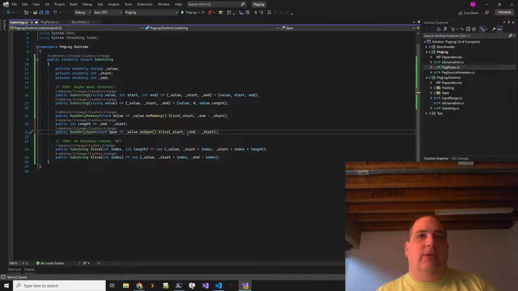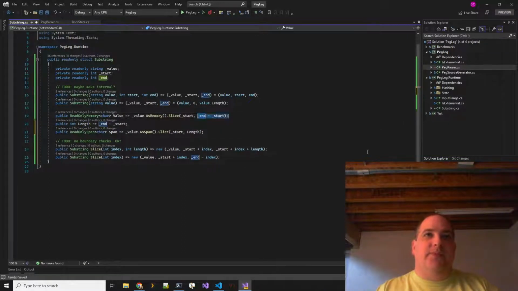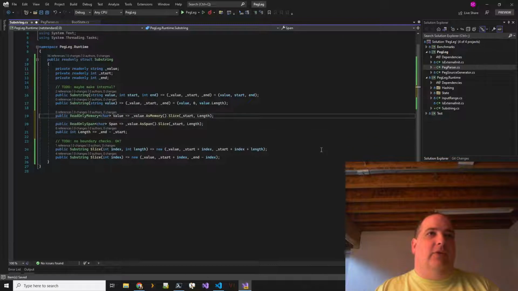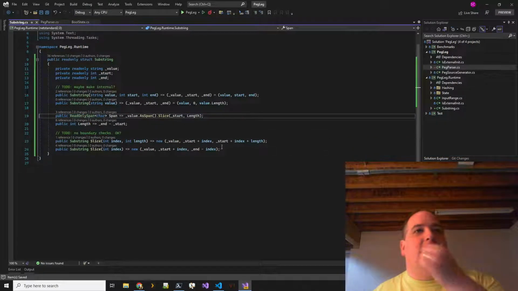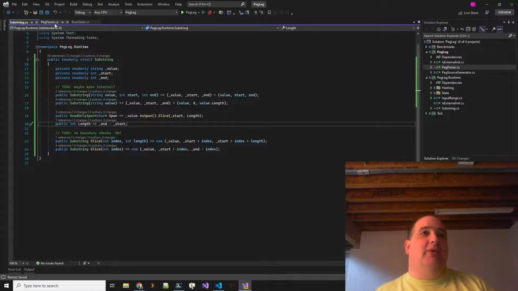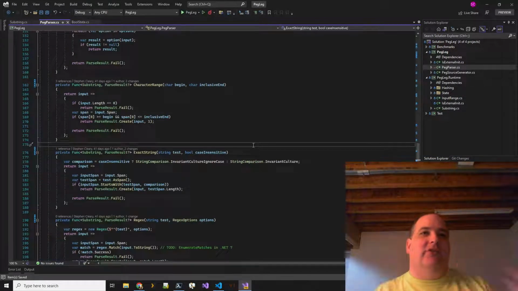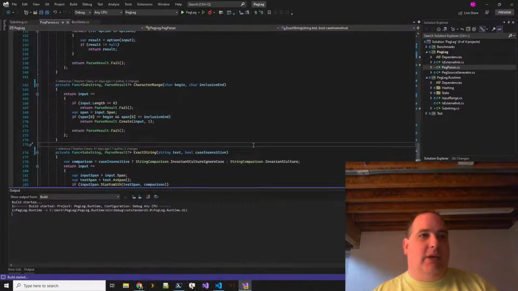And actually we'll just make this a little bit cleaner. Passing in length here. All right. So this value, don't really need. I'm just going to delete it for now. Okay. So we've got span support. We've got length. We can slice these things. We now have this substring type, and now the parser's all building. Let's build the whole thing and see what happens.